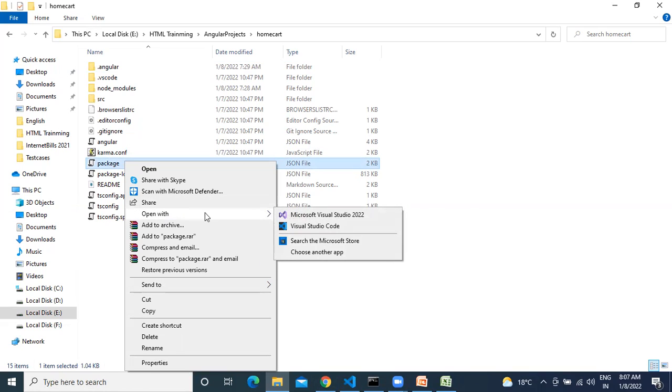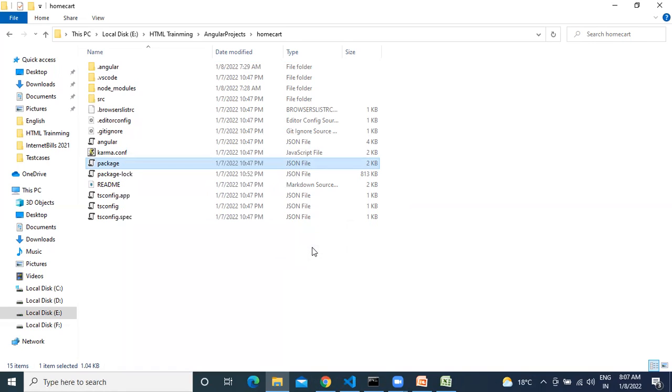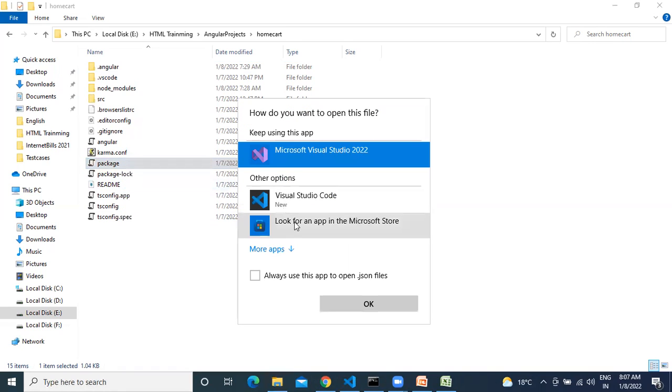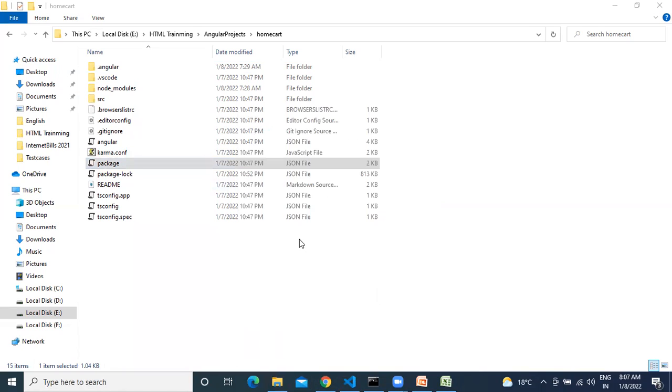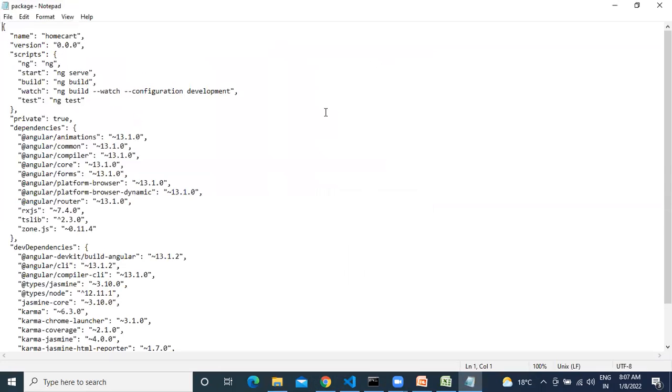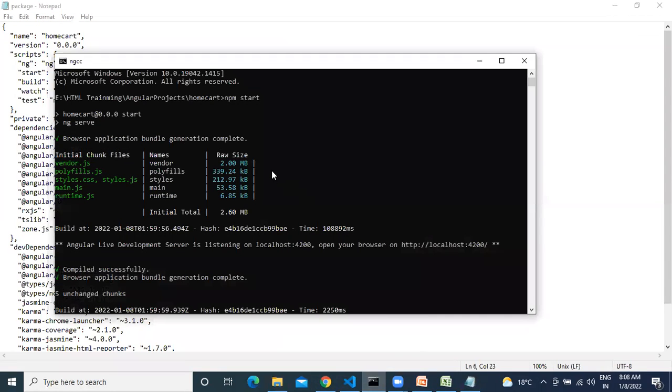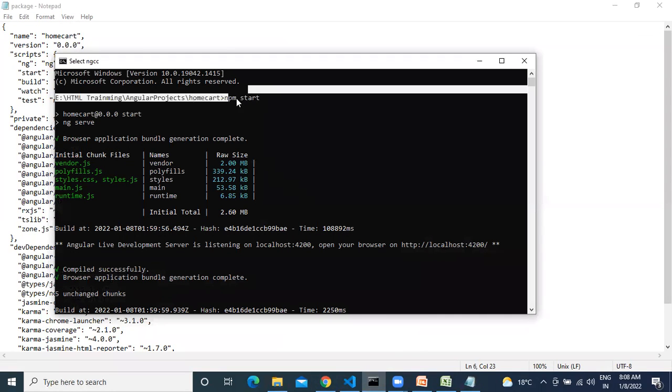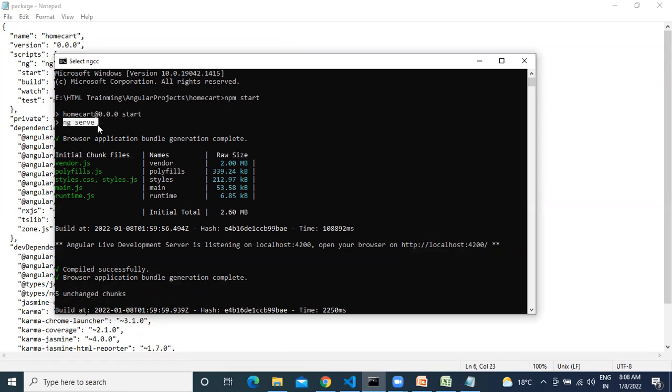So here we have the package.json. In package.json, you can see that. Let me open a notepad. Once you press npm start, this will refer to ng serve. People in real time also do this frequently, but they don't know the difference. Okay, this is the difference. Even if you're using npm start, npm is the node command to start the application. It will call ng serve, which is present in our package.json file.